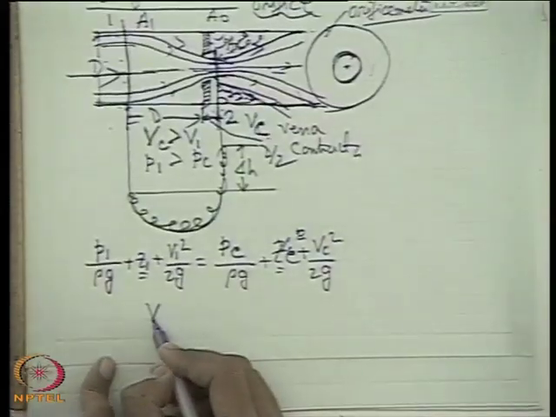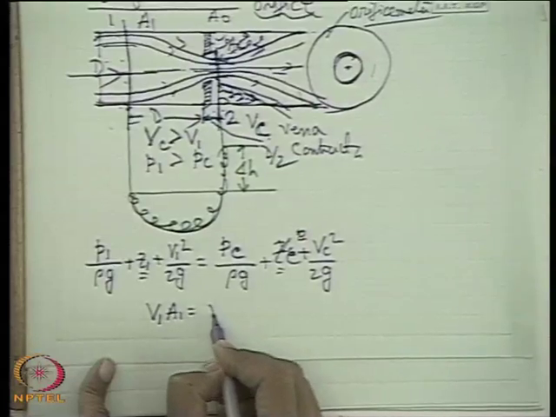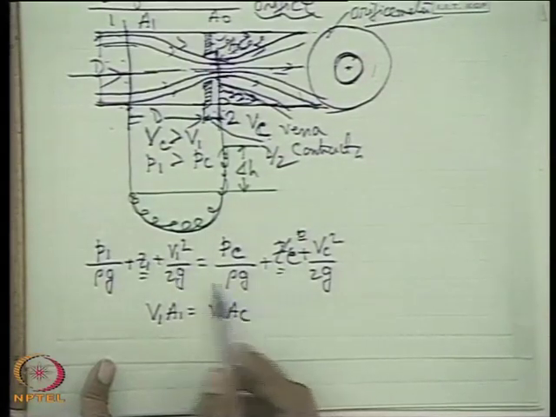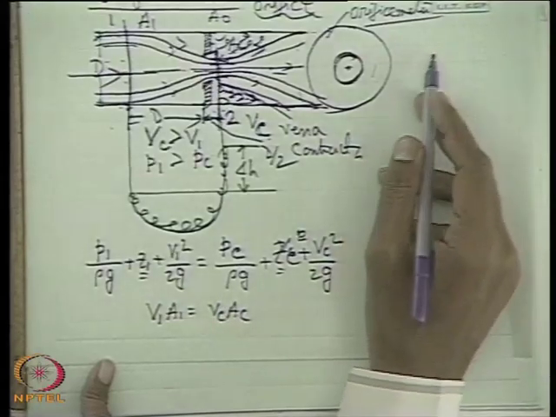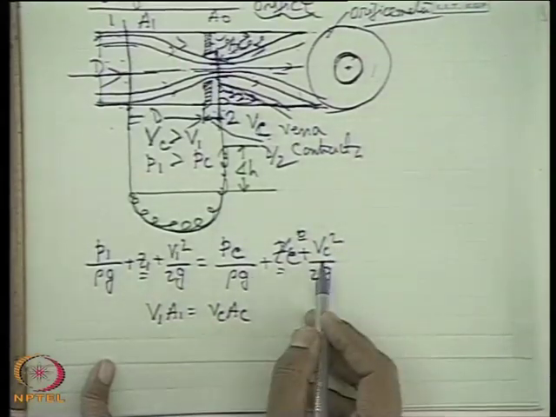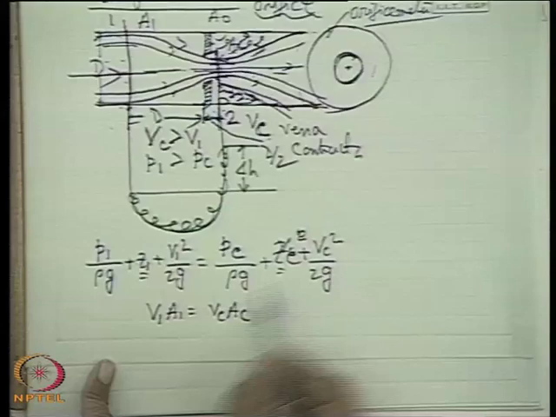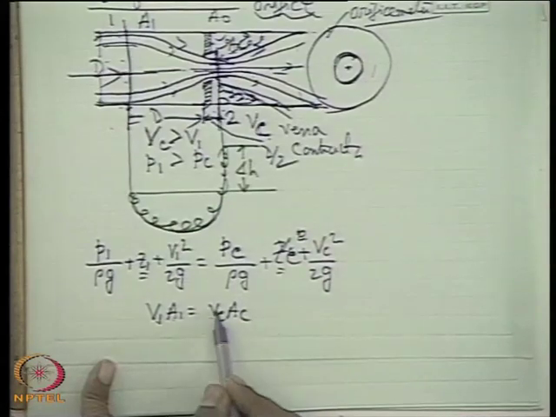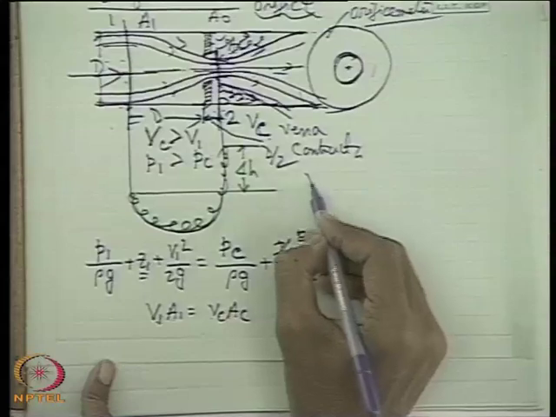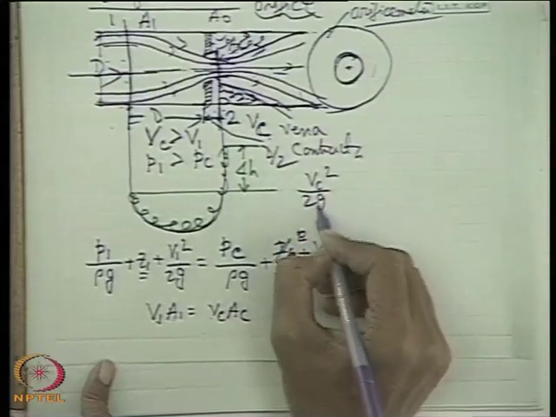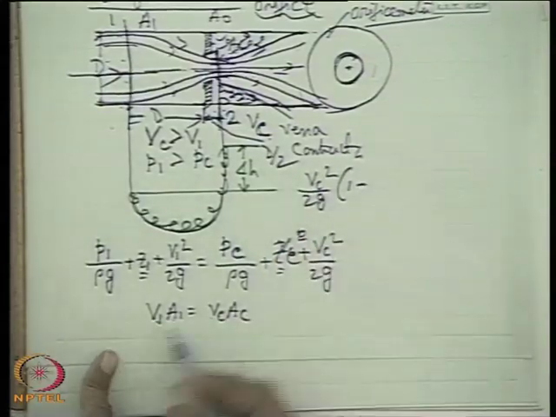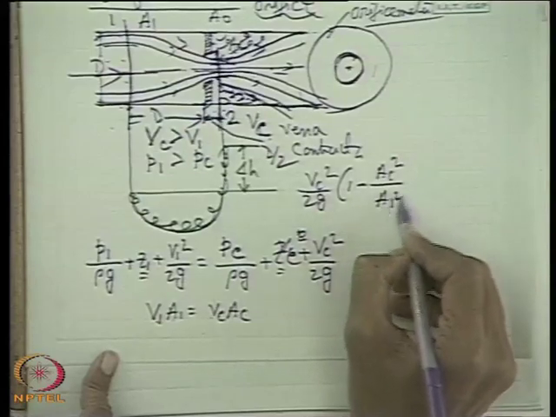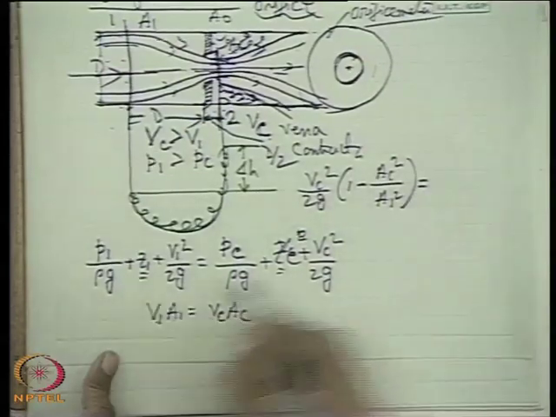If you write V1 A1 is equal to VC AC. Okay. So you just write in terms of VC, then we can write VC square by 2g minus V1 square by 2g, V1 is VC AC by A1, that means VC square by 2g into 1 minus AC square by A1 square, you follow it with the similar philosophy,